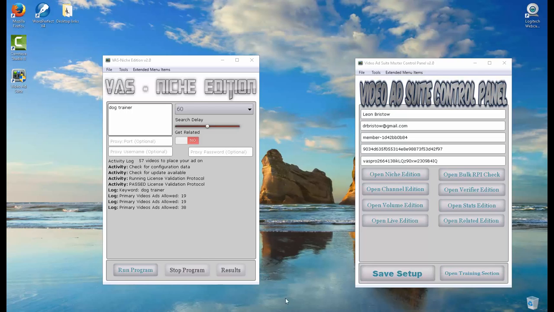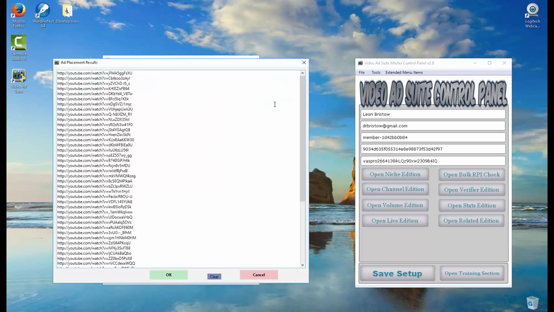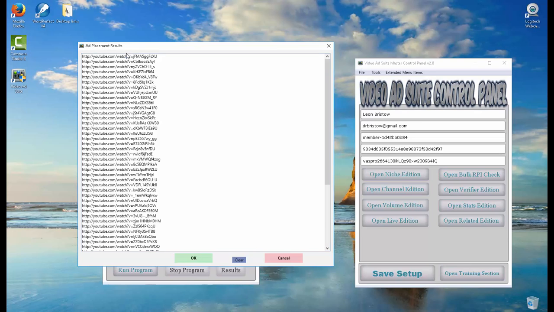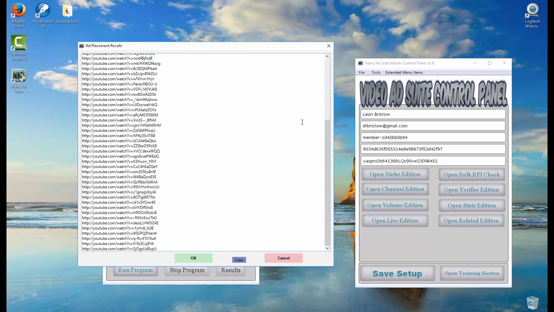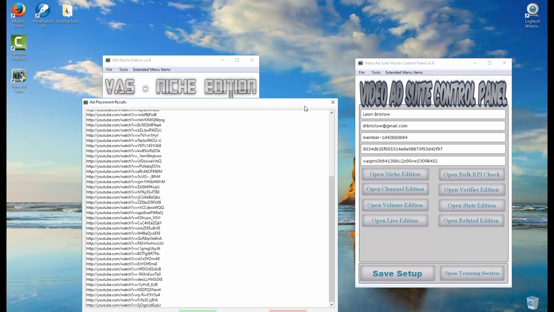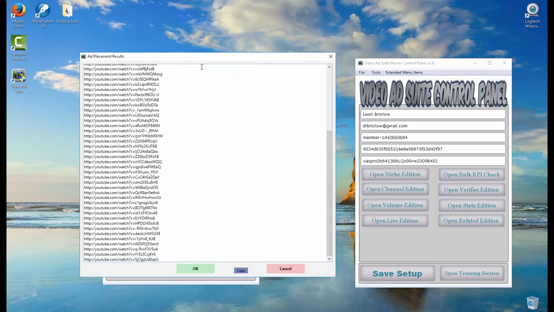And there we go. Let me pull it up. You'll get a little box that shows you can click on plain text, CSV, or both. We're just going to run plain text for this one. Let me show you what it shows. You can't expand this, but basically you get all the URLs that were related for the keyword we put in to run video ads on. So it's niche related, and we put in the keyword dog trainer. So that's what we have here. I'm going to save that for just a moment